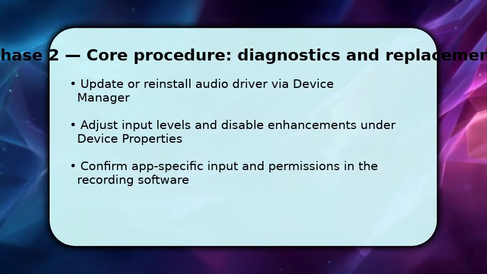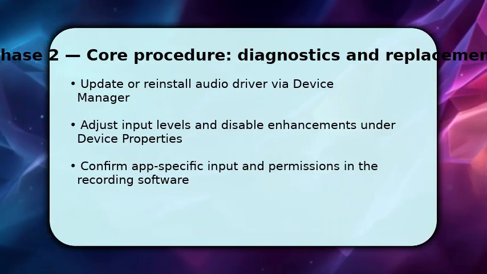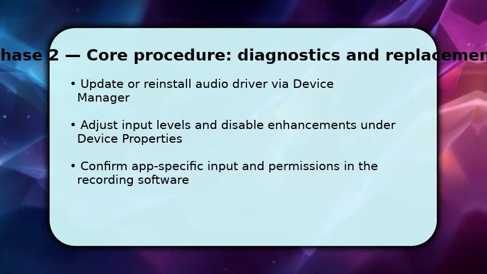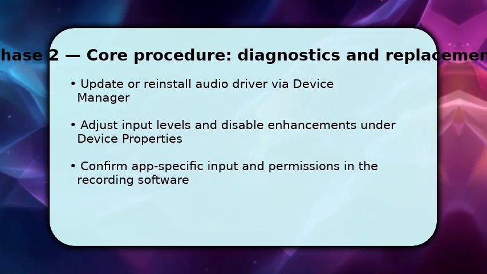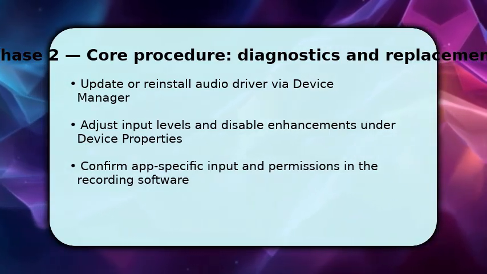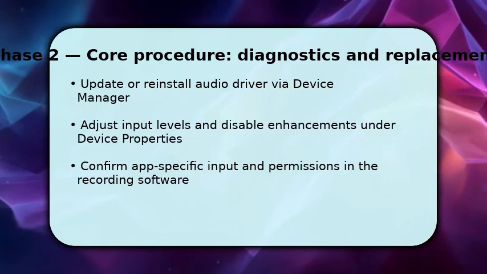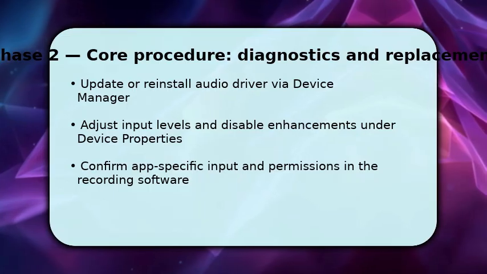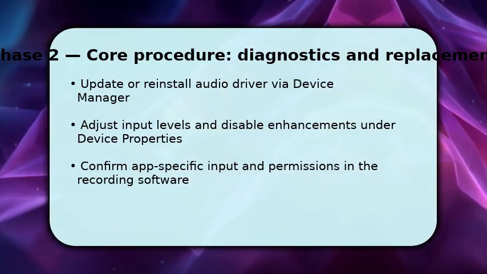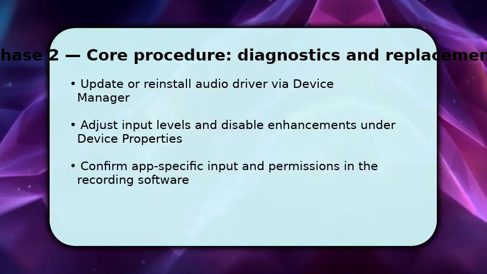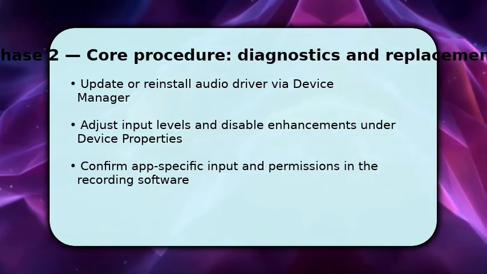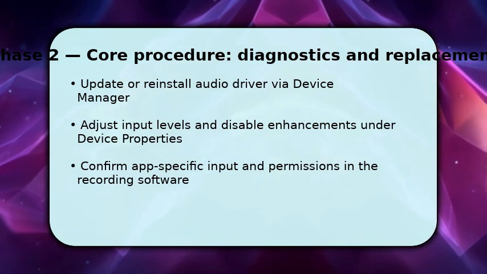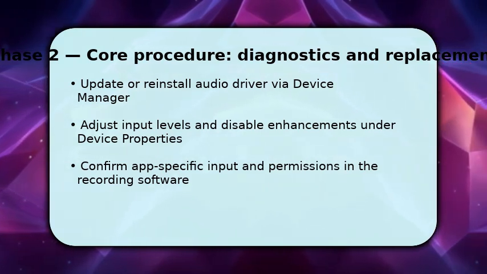Next, focus on drivers and app configuration because many recording failures come from mismatched drivers or wrong input selection. Open Device Manager, expand audio inputs and outputs, update or uninstall and reinstall the microphone driver. Then go back to Sound Device Properties, set input level and disable enhancements to avoid automatic filtering. Finally, check the recording app. Pick the same input device, set sample rate and bit depth to match Windows, and test a short recording to